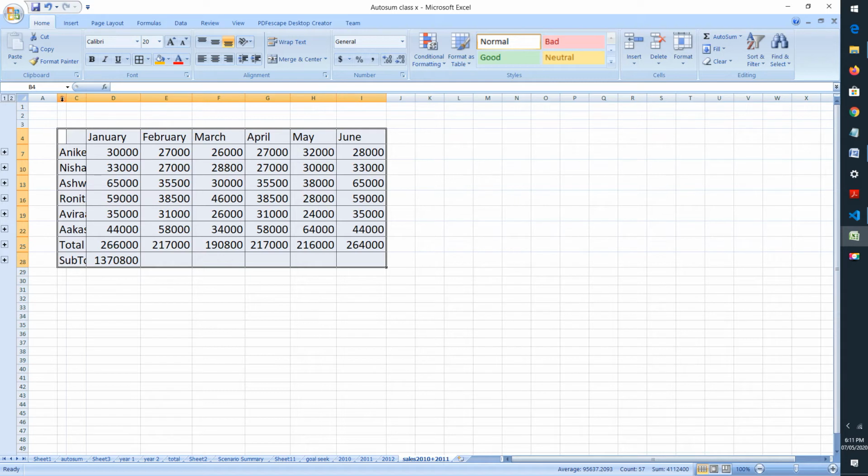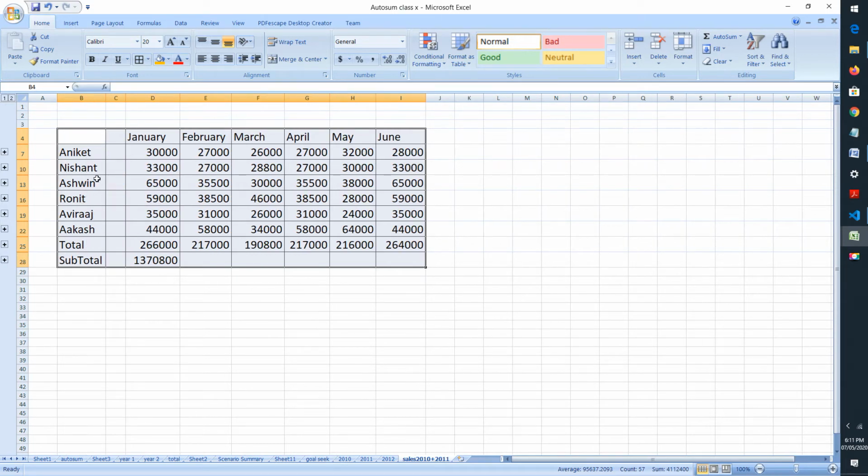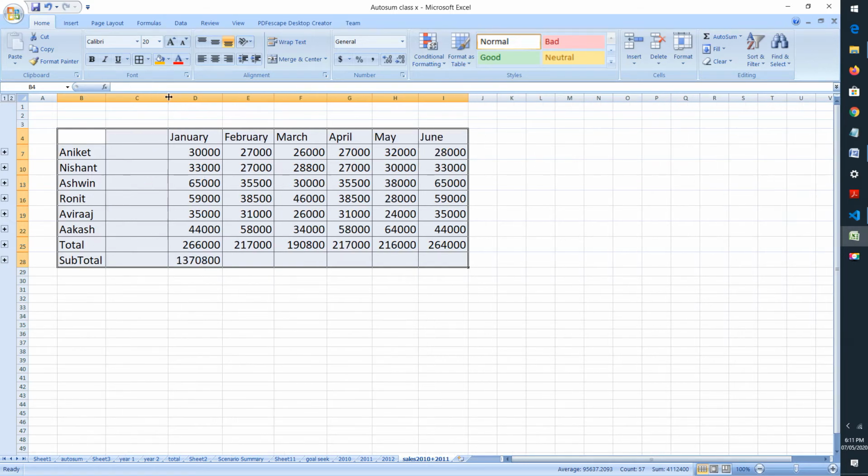Column B is very small, and column C is a blank column that is inserted by the consolidate option. Now, expand this B column. You can see after column B there is a blank column C, but in our data there was no blank column C, right. This column is being created by the consolidate option for a very specific purpose.